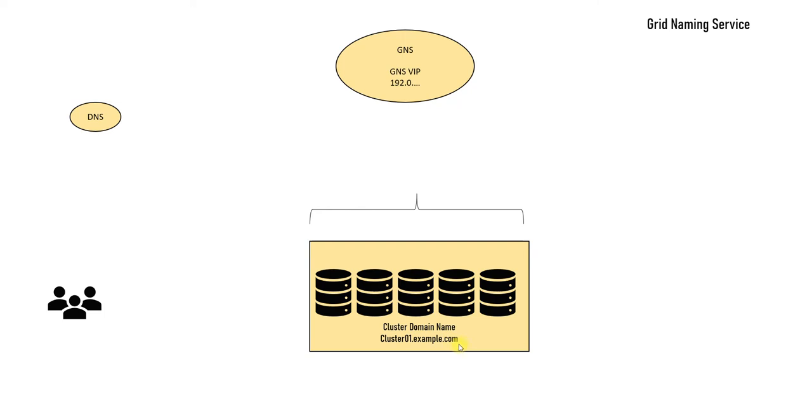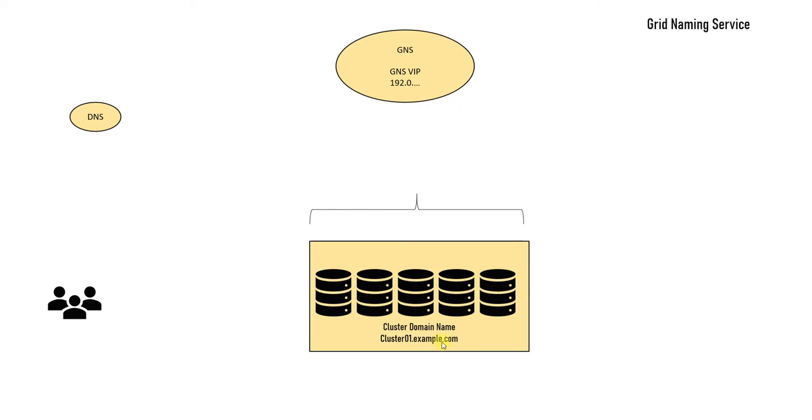Let's say the domain name is example.com. It can be part of that particular domain or a subdomain as well. If you know about a domain, then the domain is .example.com, or it can be whatever. .oracle.com is a domain, and any resources under it fall under it. So this is cluster01, and it falls under example.com. You need to make sure this cluster is part of a particular domain.